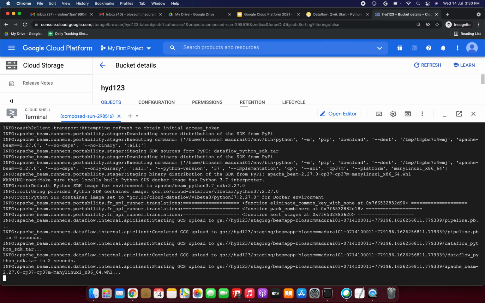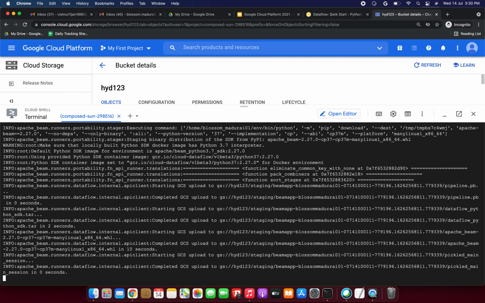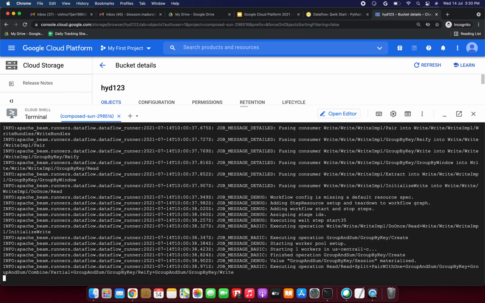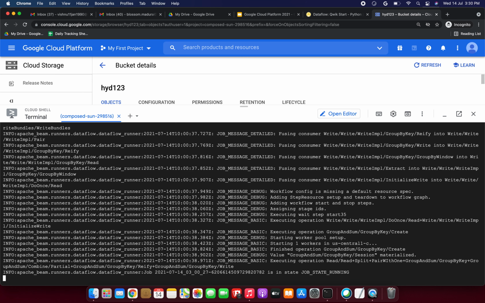What we have done is, first we created the Cloud Storage bucket. After that we are creating the job by using Dataflow. We are using the commands only. After that, finally we will check the output in the Cloud Storage bucket. So that's what we are going to do. And finally we should delete the Cloud Storage bucket so that they don't charge us.